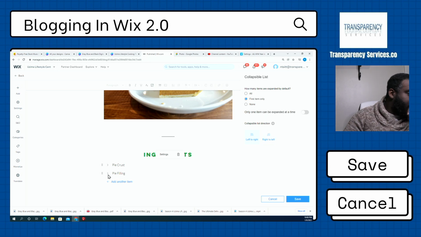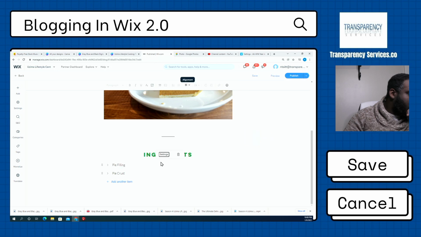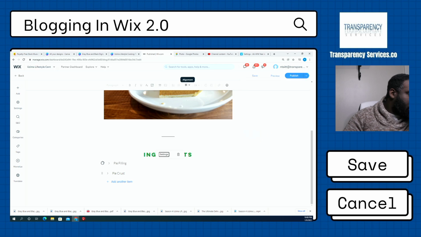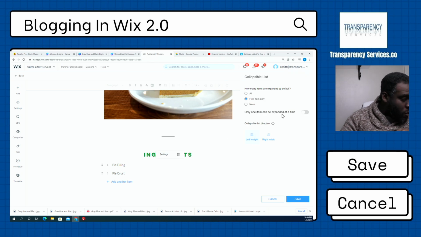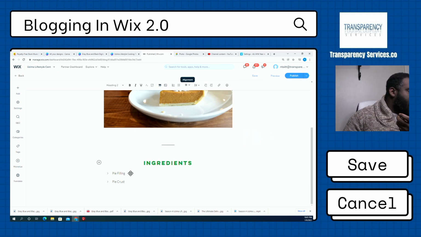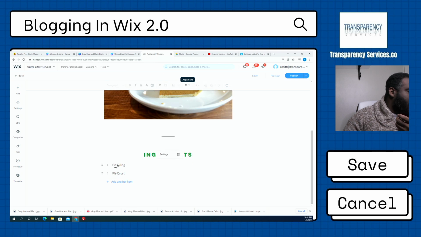Alright, so the pie filling is what I want to have drop. Settings again. Alright, and cool. And I don't want one to be expanded at a time, so I'm going to hit save. Traditionally, how I would do something like this, instead of having a drop down for it, and like I said,